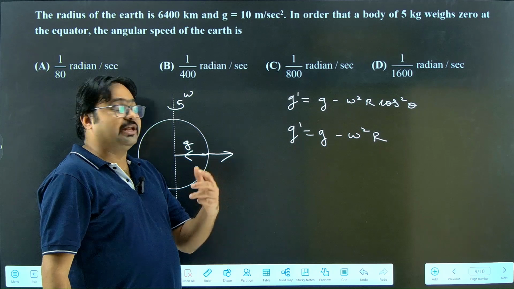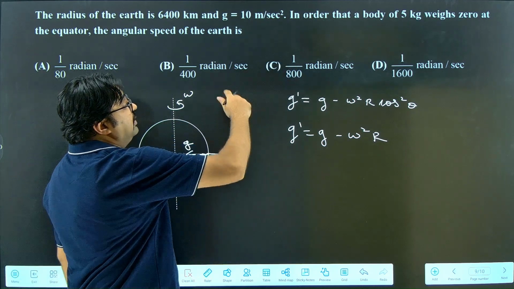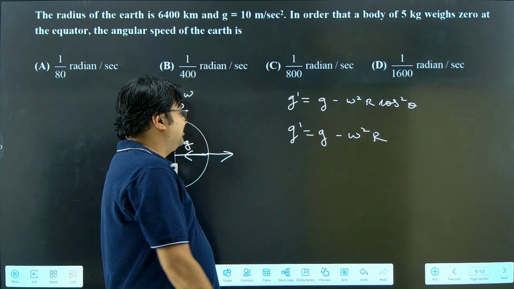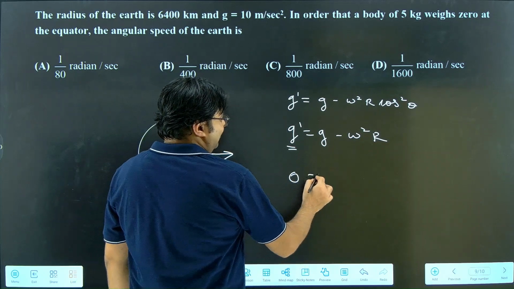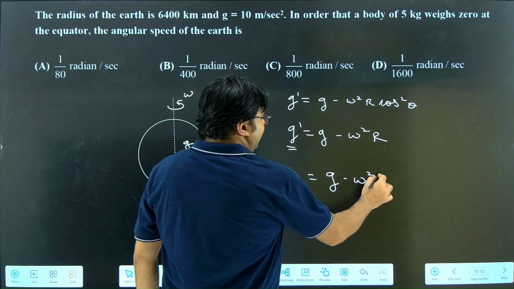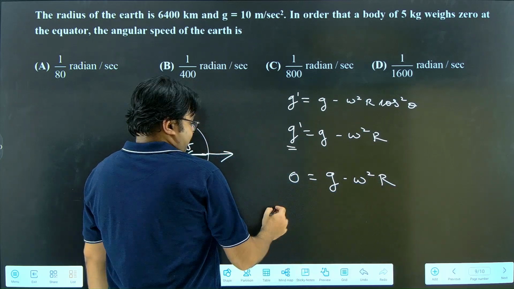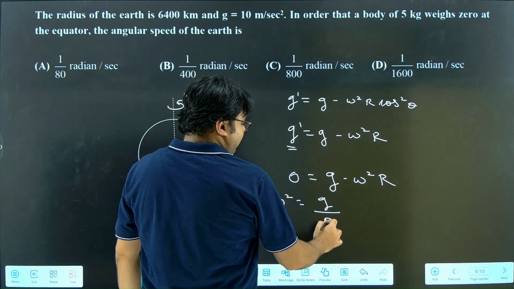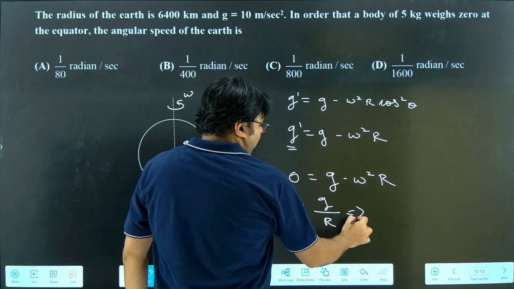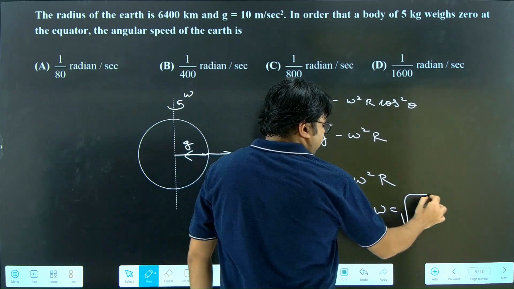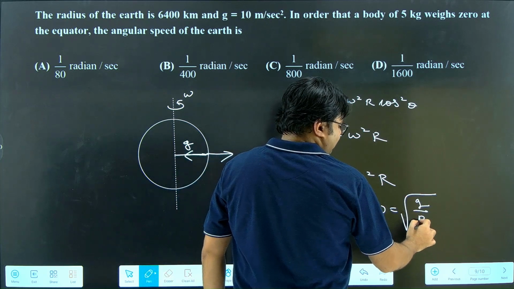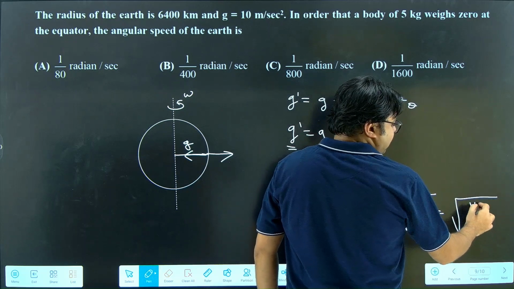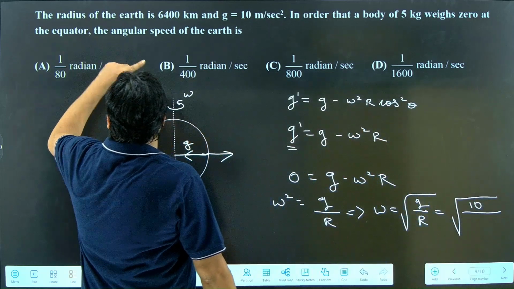G dash is the total acceleration due to gravity, and you want the weight of the body to be 0. Mass is never 0. So acceleration due to gravity must be 0. So this is 0 equal to g minus omega square times r. Then you have omega square being equal to g divided by r, or omega being equal to root of g by r. If you substitute for this, you will have a root of g being 10 meter per second square, and the radius is